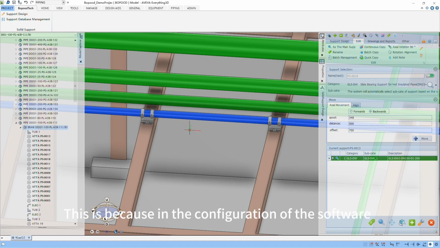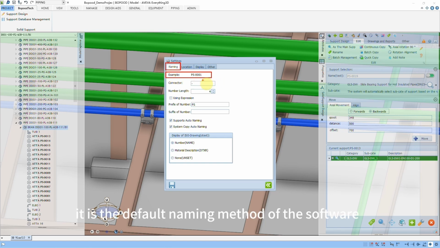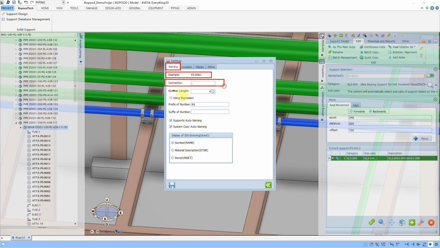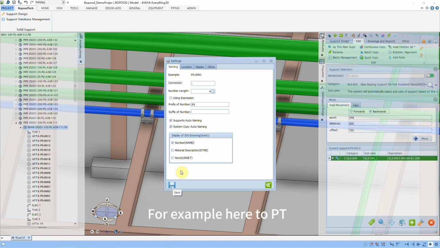This is because in the configuration of the software, there is a naming rule. Here is an example. It is the default naming method of the software. The support will be named according to the naming rules. You can also change its connector, serial number digits, and use expressions, or change its prefix and suffix, to set different naming rules according to your needs. The default settings here do not need to be changed. For example, here to PT,